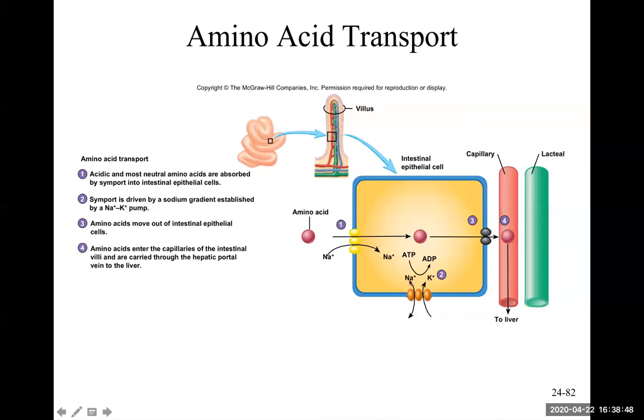The cell has low sodium because of this pump. So that pump gives us a low sodium environment. Now sodium wants to come in. As it comes in, it brings amino acid along with it, right? This is a sodium amino acid co-transporter. As amino acid goes in the cell, it just goes right through into the capillaries, right? Just like glucose, just like galactose, just like fructose. So they go right into the capillary, which then goes to the hepatic portal vein and to the liver. Liver gets first dibs on all nutrients,